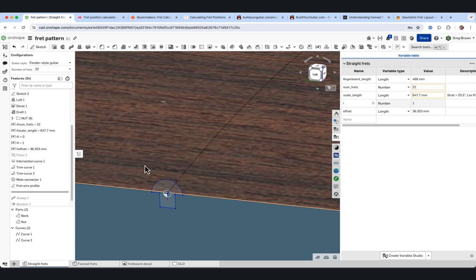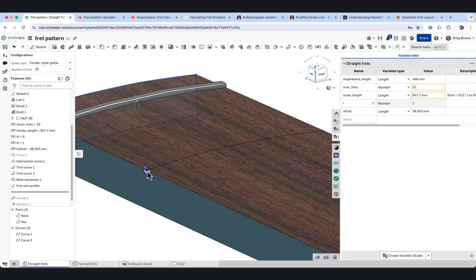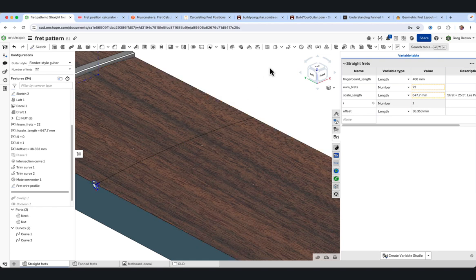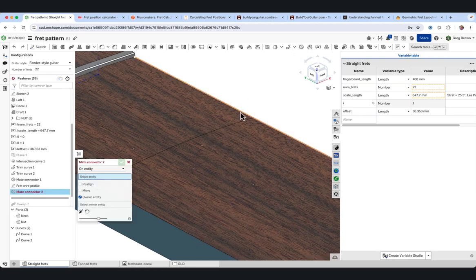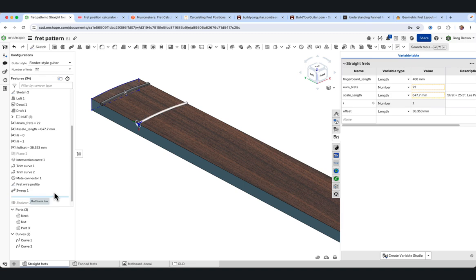Again, no planes unnecessarily created here. And the good thing is that because this is lined up, when you create a mate connector, actually let me show you an example on the other end. When we create a mate connector and you select a curved entity, you'll see that it snaps nicely so that it's aligned along the tangent of that curve. So this could be a spline, a Bezier curve, or some projection, or whatever, straight line. Doesn't matter. It also means it's going to parametrically update, so that's good too. So once we've got that, we can obviously do a sweep,